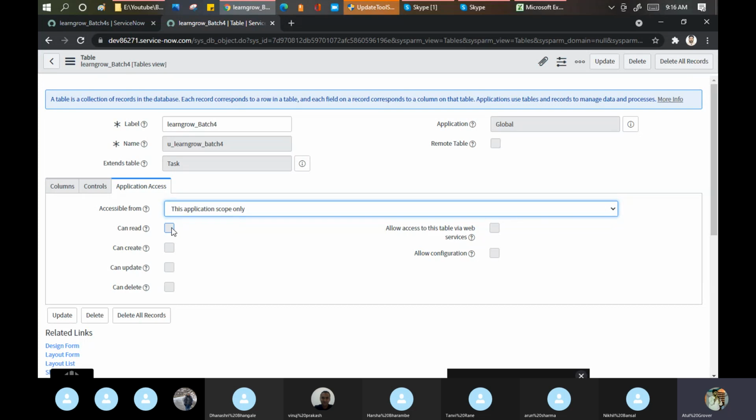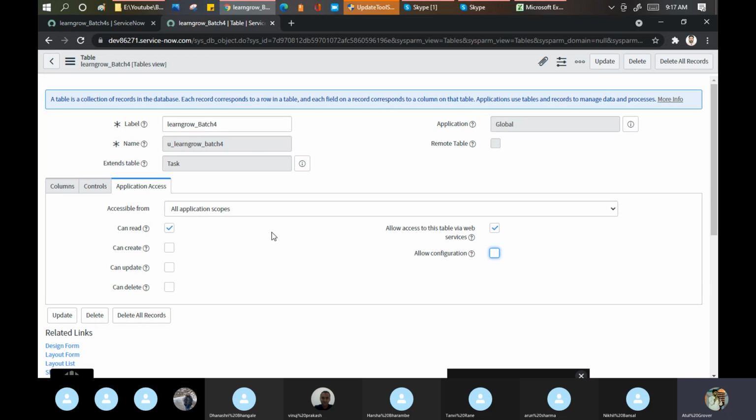In this case, nothing you can do, because by default you are avoiding extending it, you are avoiding use by any other person. Generally we make it through this part so that this table can be utilized by other users as well. They can read it, they can create, but generally we avoid these things, only use the create part, nothing else. Allow configuration, if you want to add any modification on the table, you can allow that part. Yes or no.